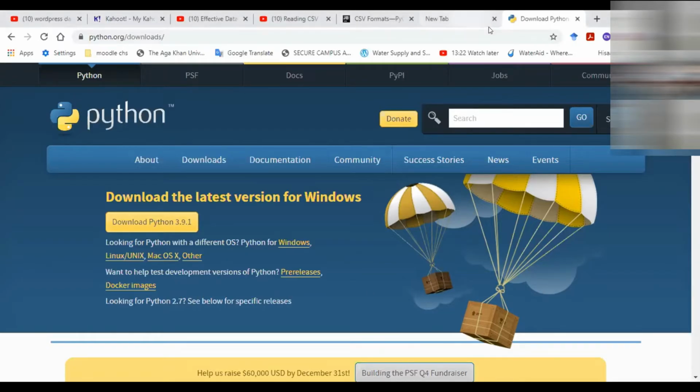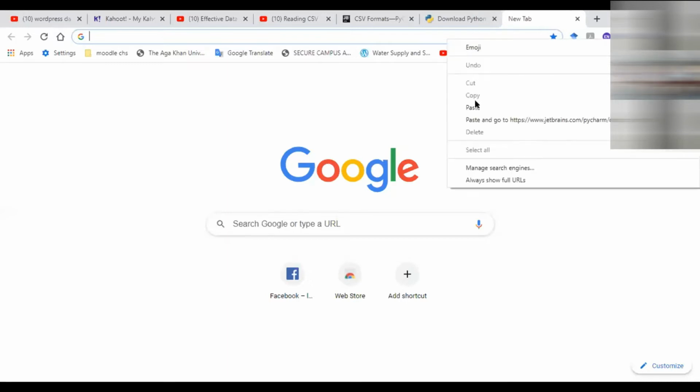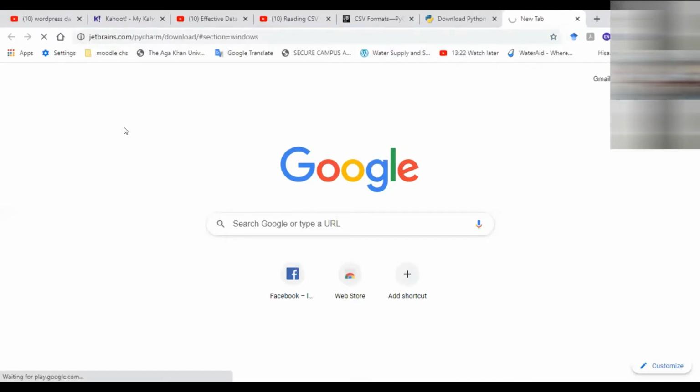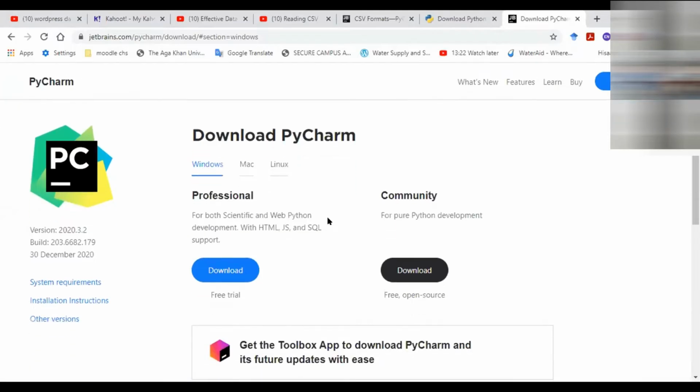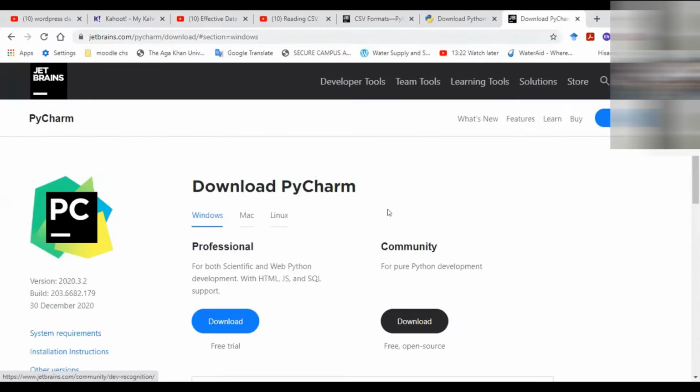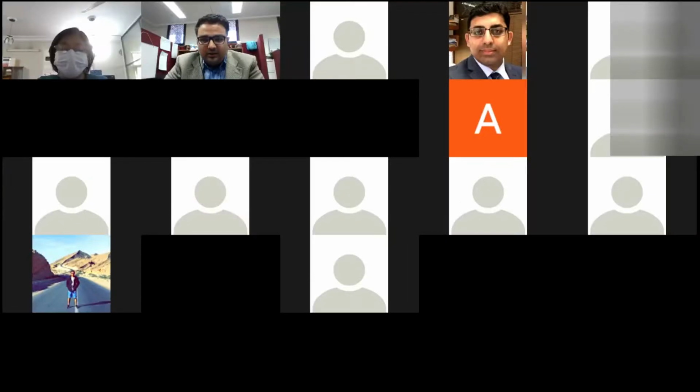PyCharm, like I said, is an IDE, an integrated development environment. This is a link for downloading PyCharm for Windows. There are two versions available. I hope all of you can see my screen. One is the community version, the other is the professional version. You can just download the community version for this course. That would be more than enough. And that's it. So once you have downloaded Python and PyCharm,